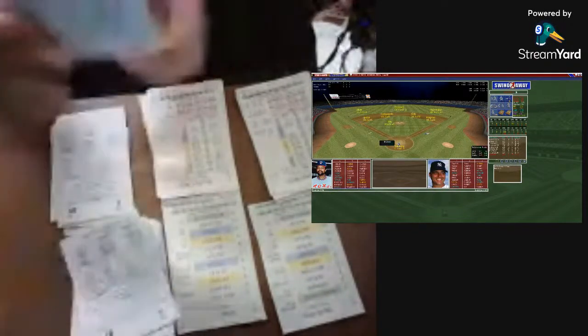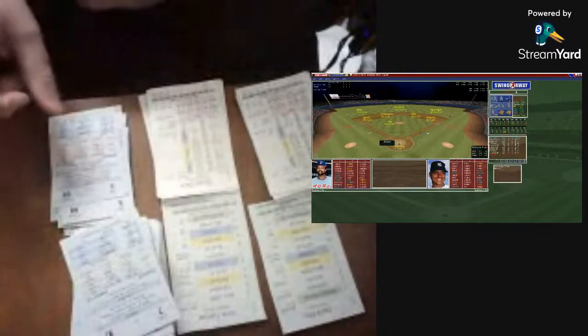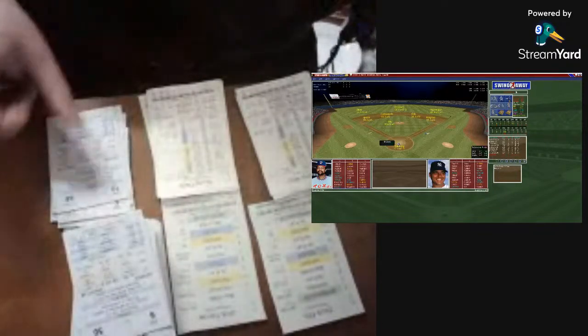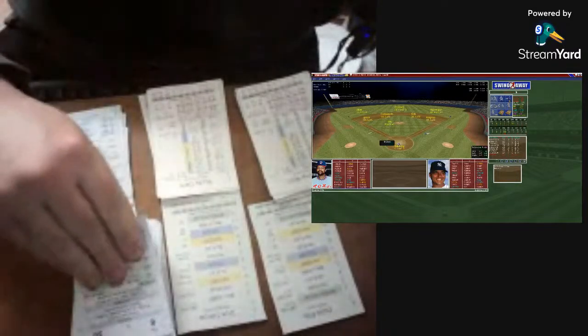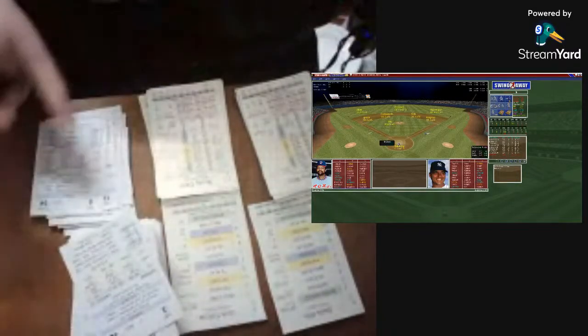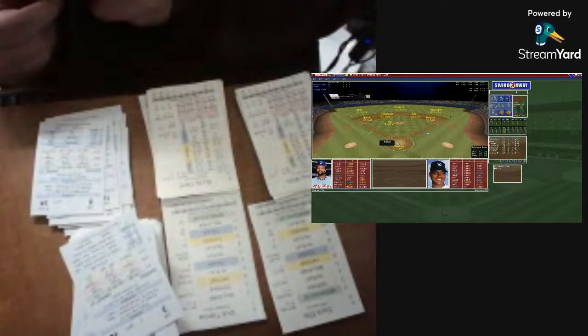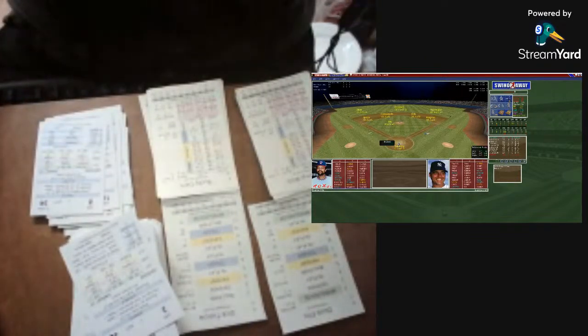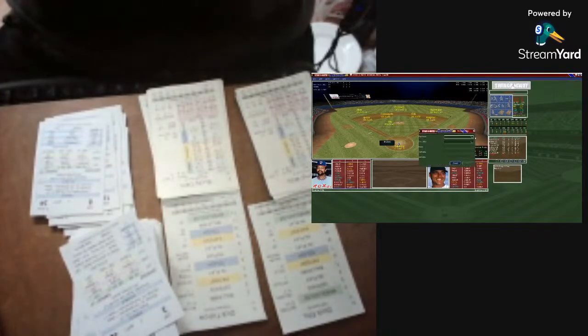So here's the pitch from Doc Ellis. Ellis is going to be a ballpark from Dent. That could be interesting. Ballpark 68 is out of reach, so that'll be an in-play result. In play on a 34 is just out of reach. That'll be a pop to third. Toby Harrah moves over, makes the catch, and that's the first out. So the first out in the top of the third inning.